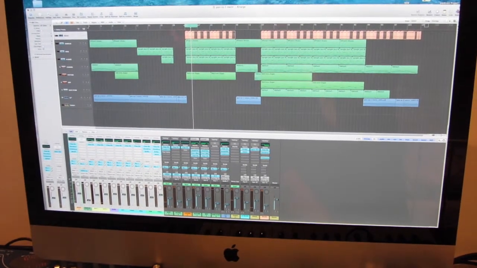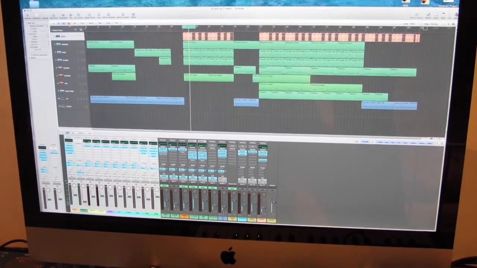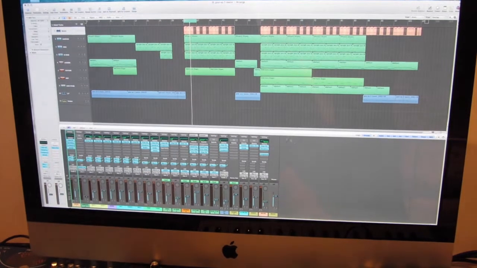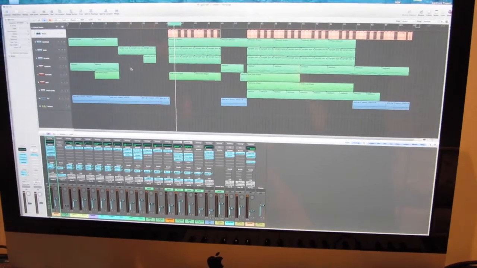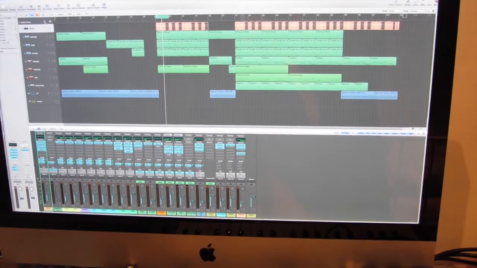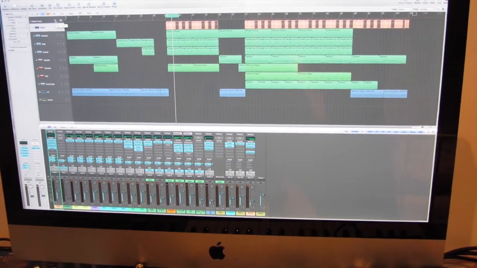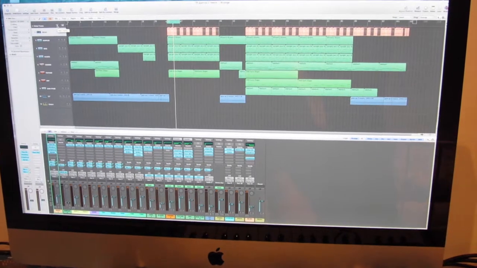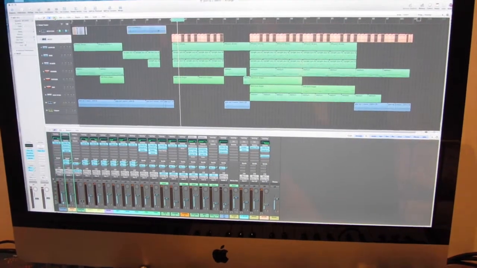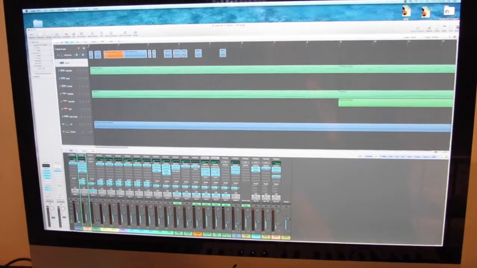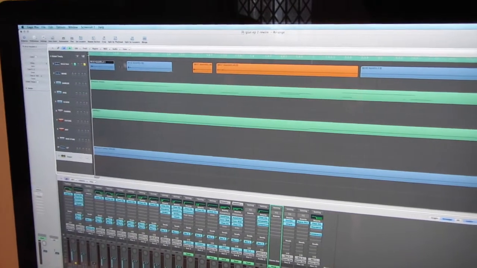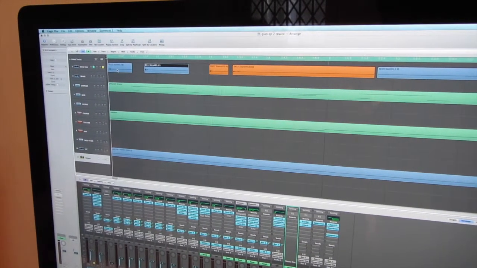So what I'm going to do in this demonstration is a watered down version of how I created the drum track. I'm just going to use very simple hits and just show you how I went about it. So the hits are on here, and they're already chopped up. So now I'm just going to select the two kick drums,